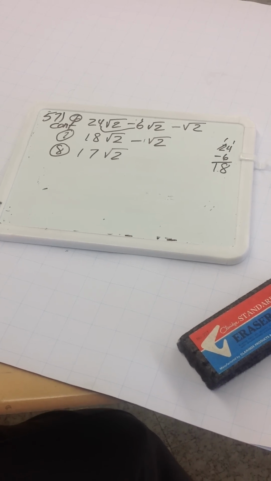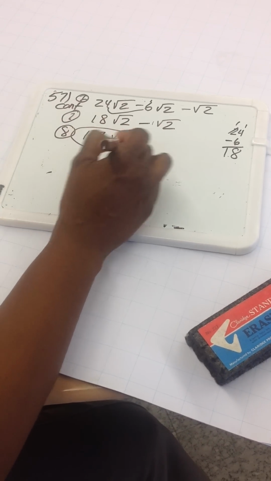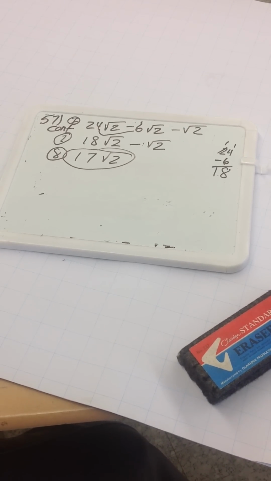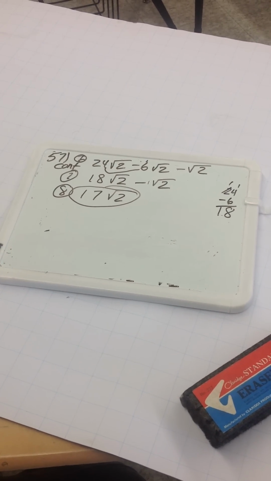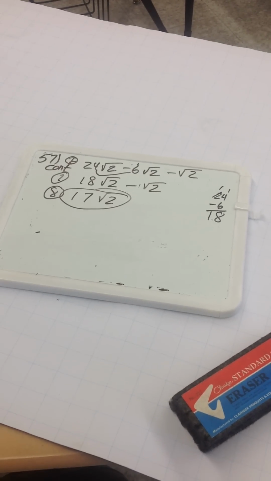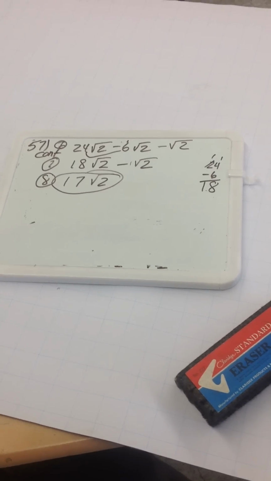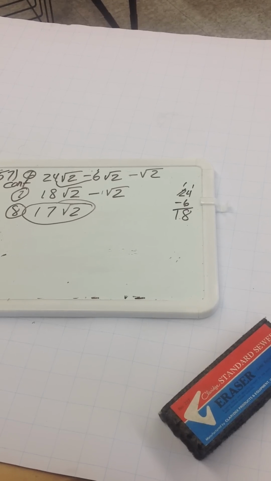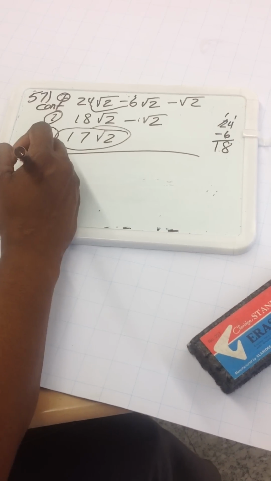On problem number 57, checking the answer on the answer sheet, it is 17 times the square root of 2. Final answer. So that was number 57. We have another radical problem that we could do. I would like you to see this problem number 50. Problem 50